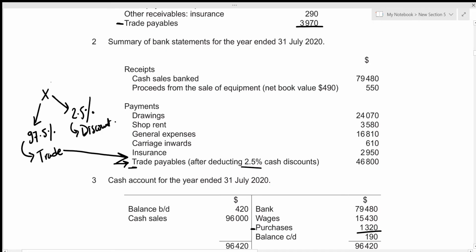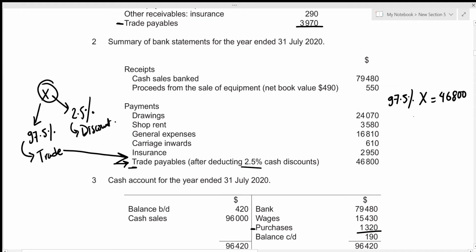But we need to include the total purchase made, because that's the total purchase, but then we received a discount of 2.5%, which we include as an income in the other income section in the income statement, right? But while including the purchases amount, we need to include the total amount of goods that we purchased, which is going to be X, right? So we only have 97.5% of X, but we do not have the actual value for X, so we need to solve for it. So what we know is that 97.5% of X is